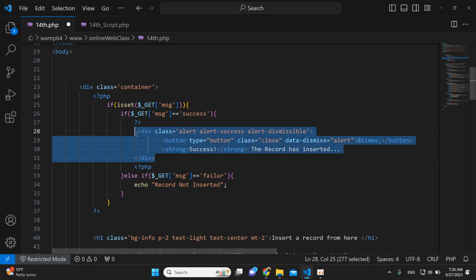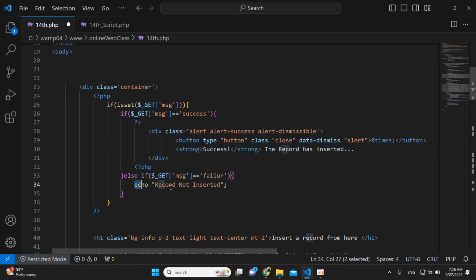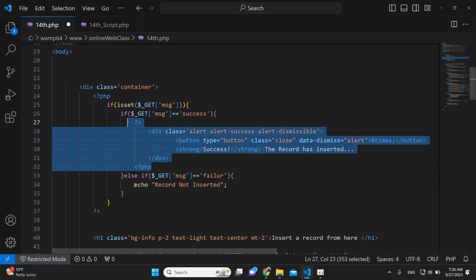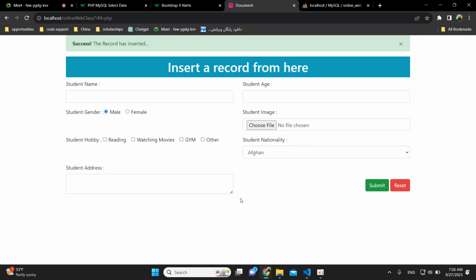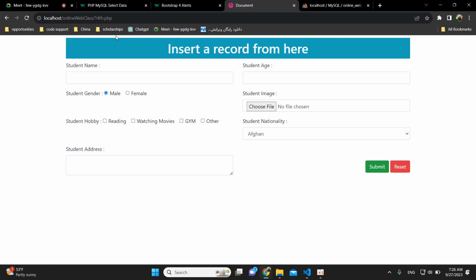Now we are good. اگر فیلیر باشه میگیم که از باجه زیکو همی کار انجام شود. از اینجا کاپی کرده کتی بلاک هایش از باجه زیکو اگر پیست کنیم و فقط کاری که میکنیم از باجه سکسسی را دنجر میمانیم و از باجه سکسس مثلا ما میگیم که failure and now the record has not been inserted این پیام ما باشه and that's it. Now see if I save it, reload my page